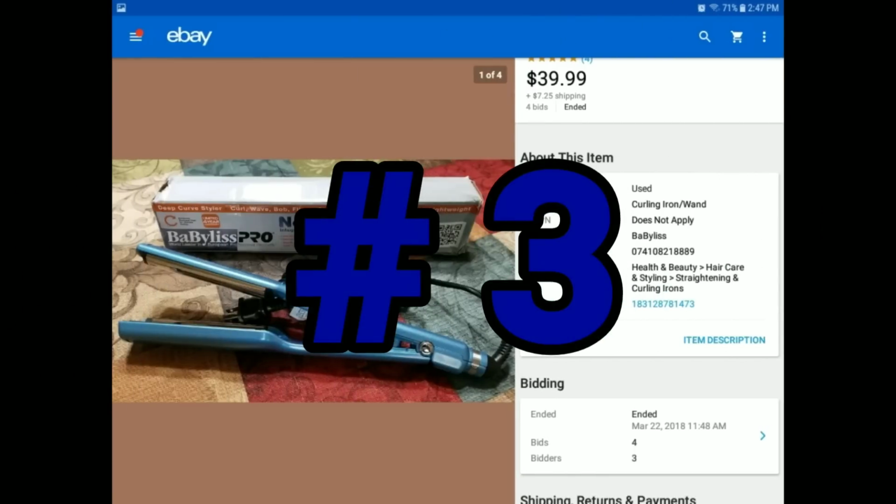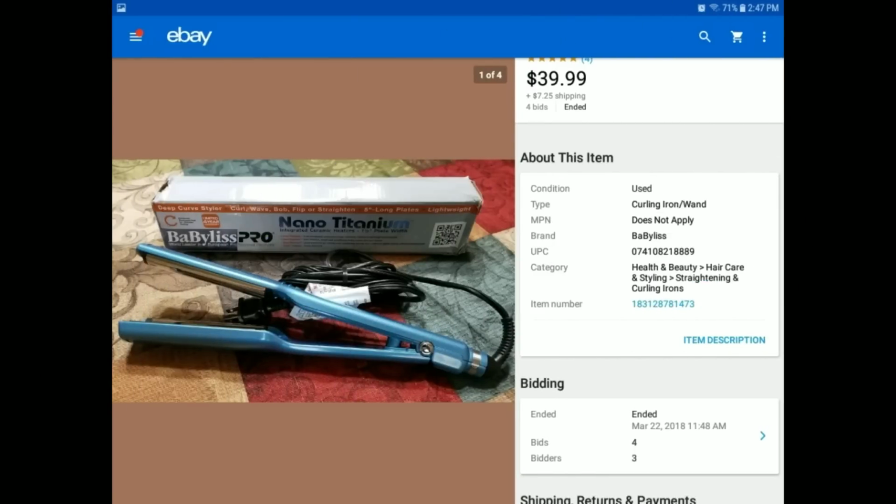Okay, the third item here is something we got from bulk, and this is a Nano titanium. I believe it's a hair straightener or curling iron, and we got $39.99 plus $7.25 shipping. Great price for this. It was used, but only because it had been taken out of the box. Even the black cord was still in the original zip tie, or I don't know what you call those ties that keep everything together. It looked like it had just come off the factory floor, but it had been out of the box at some time, and I believe we got this from an uninspected return box